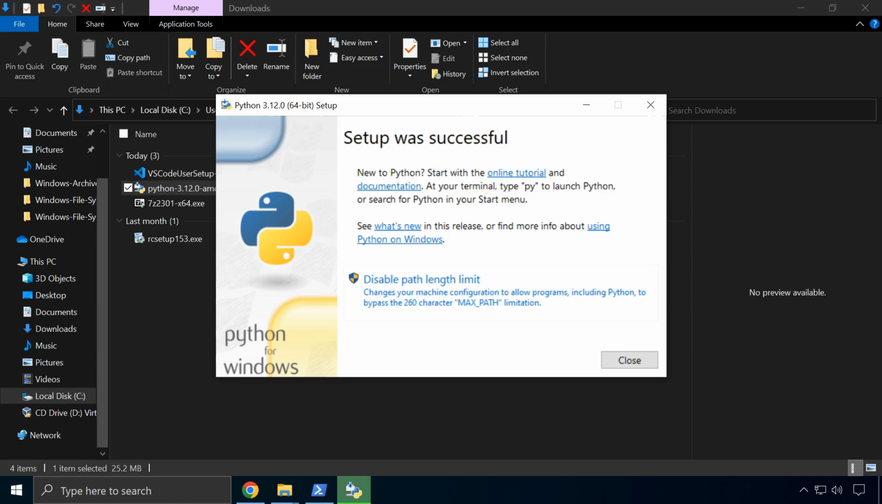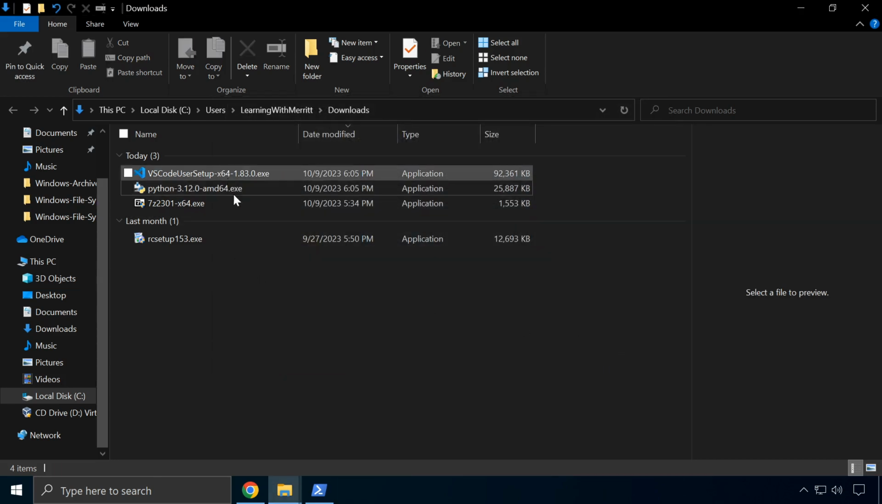All right, so it got through its little setup. It says setup was successful, and it's giving you some little things you can do. Anytime you see this little shield, that means you need to have administrator privileges to do that, and we're just going to ignore that for now and not mess with that at all. We'll hit close. So there's Python installed,